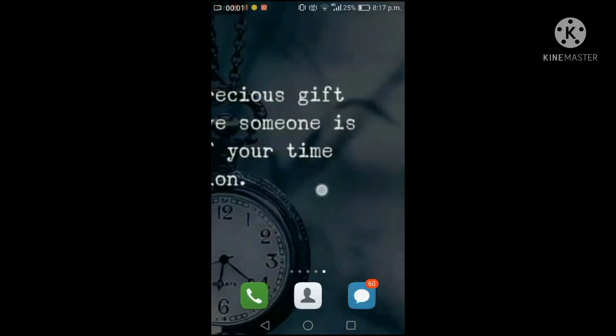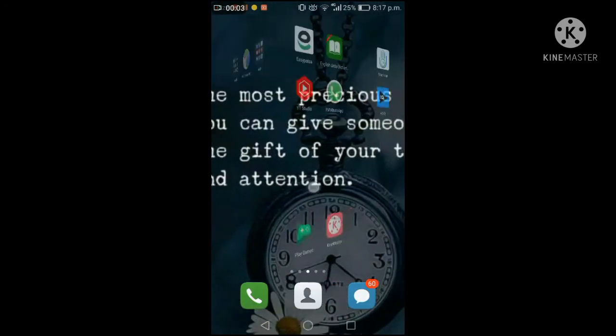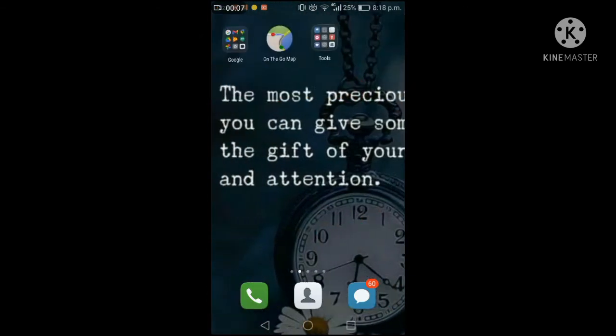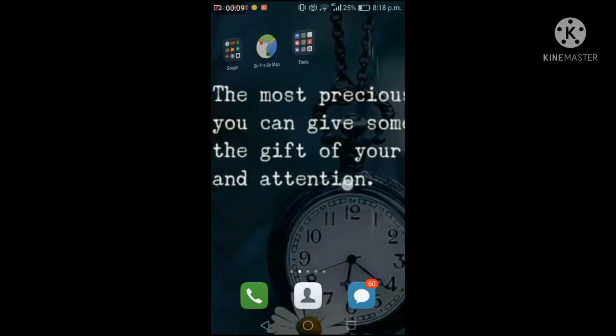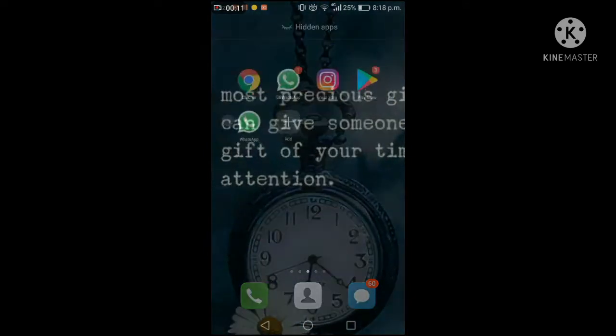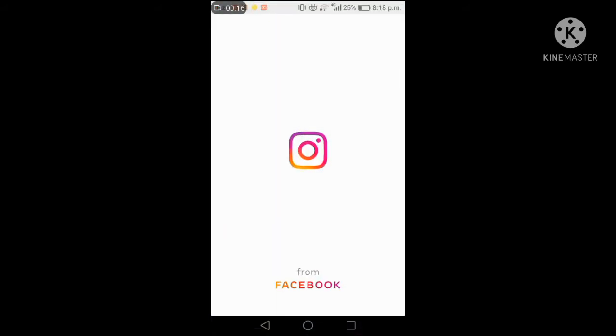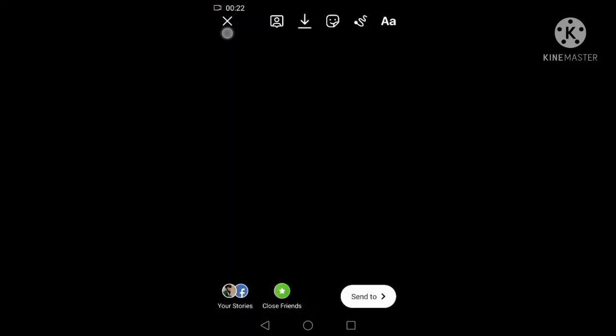Hello friend, today I will show you how to hide your Instagram story from your friend, or from someone that you don't want to show your story to. So first of all you have to open Instagram. When you open Instagram and you want to upload your story for some people and hide it from someone,